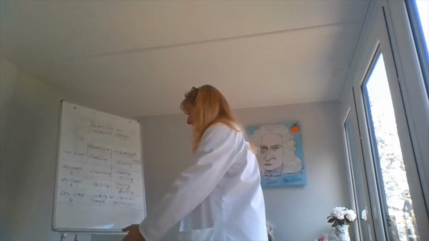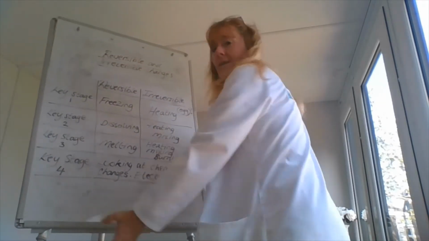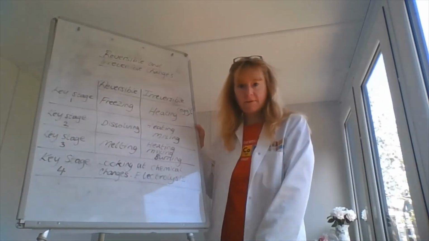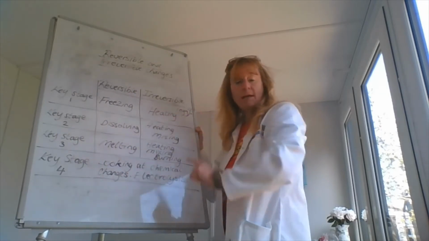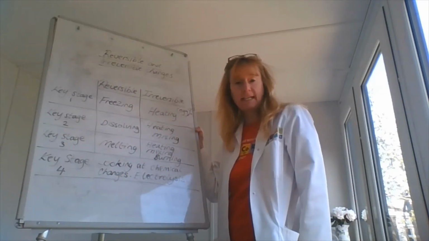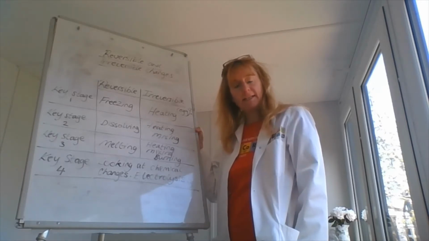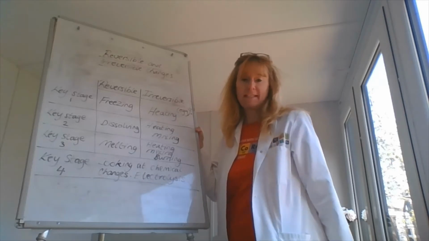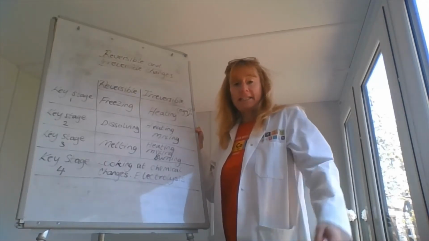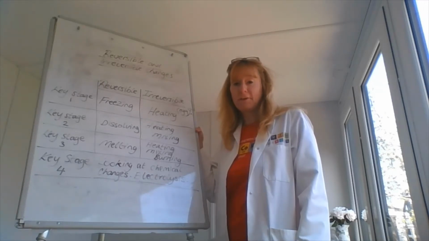Today's lesson, just let me get my board, is going to be on reversible and irreversible changes. And I've split the board into practical activities that the different key stages will do today for their half-an-hour lesson, and it is quite practical heavy again because after all that is the fun part of science, isn't it, doing practicals at home. Today involves doing some cooking as well, which I know a lot of students find really useful